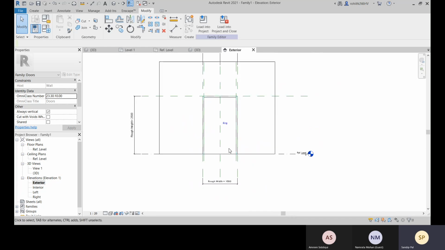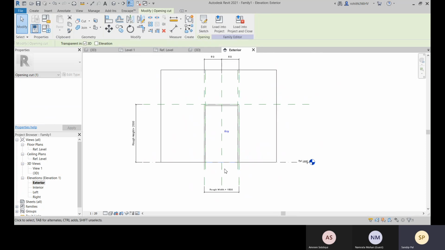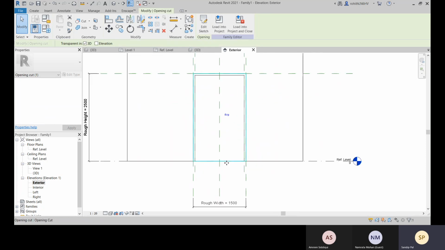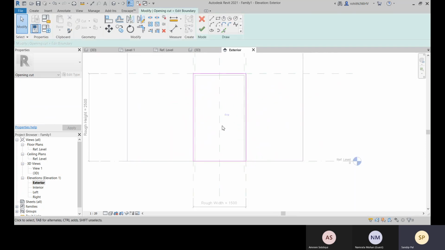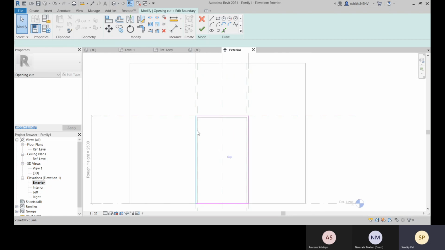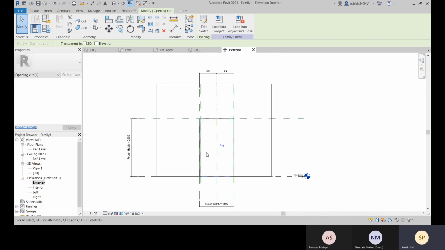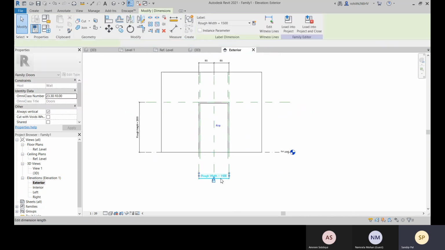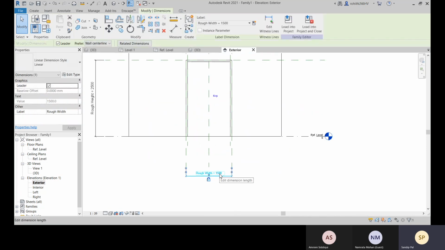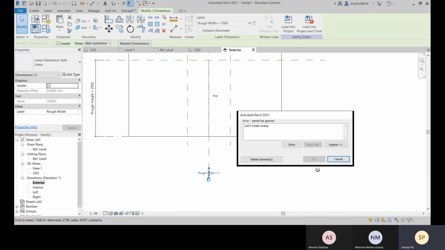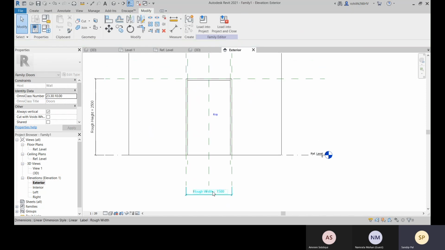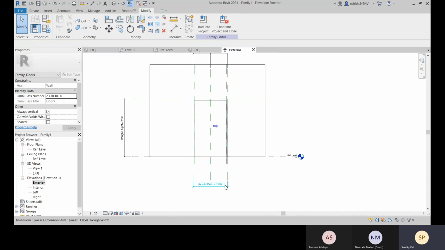Let me come to this exterior and see if we can change this. Let me see if I can change. The rough width is already there.